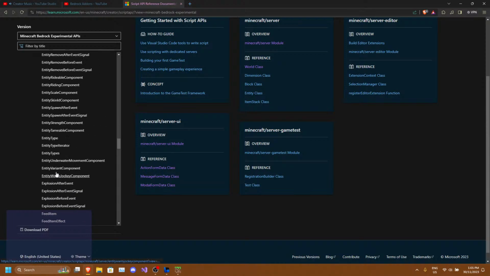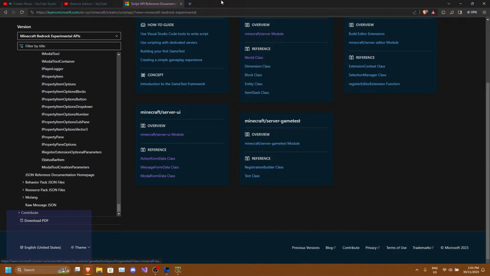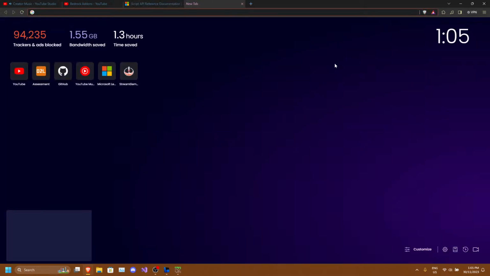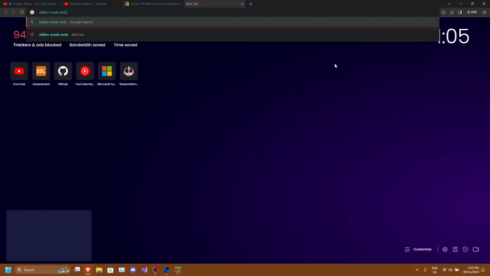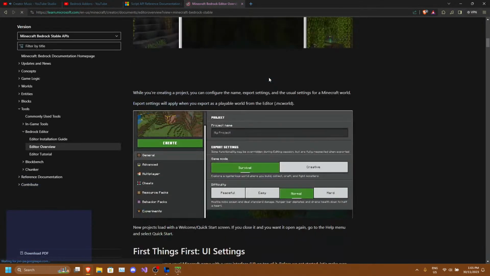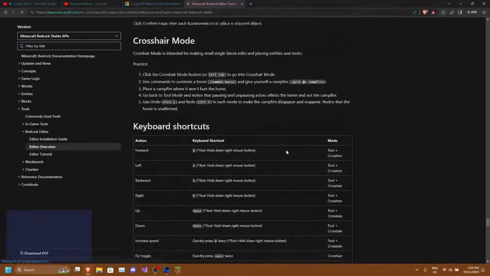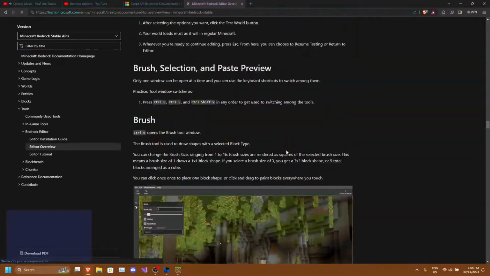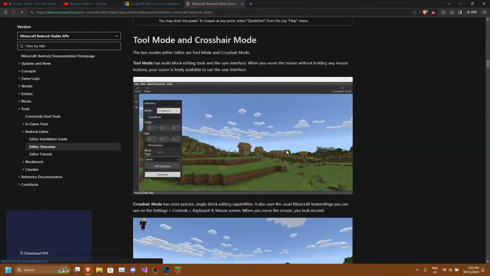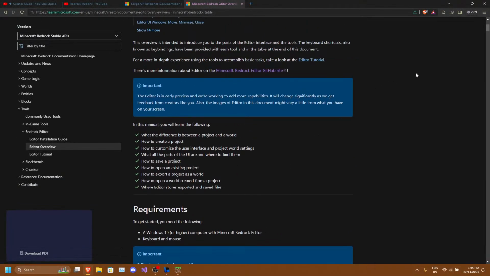We could do something with the server editor. I actually wonder if they've changed much with the editor mode. I believe it was my editor. If I can remember the actual... I started up, I believe it was just Minecraft preview.